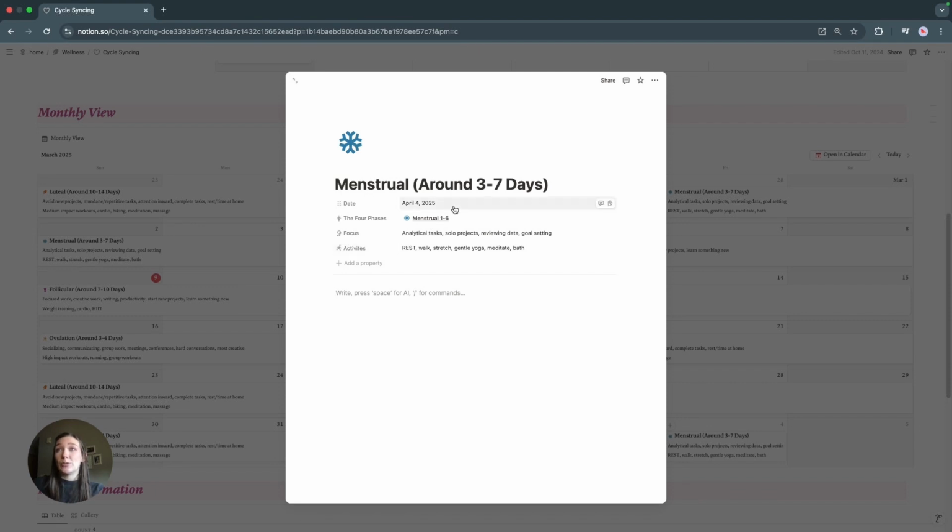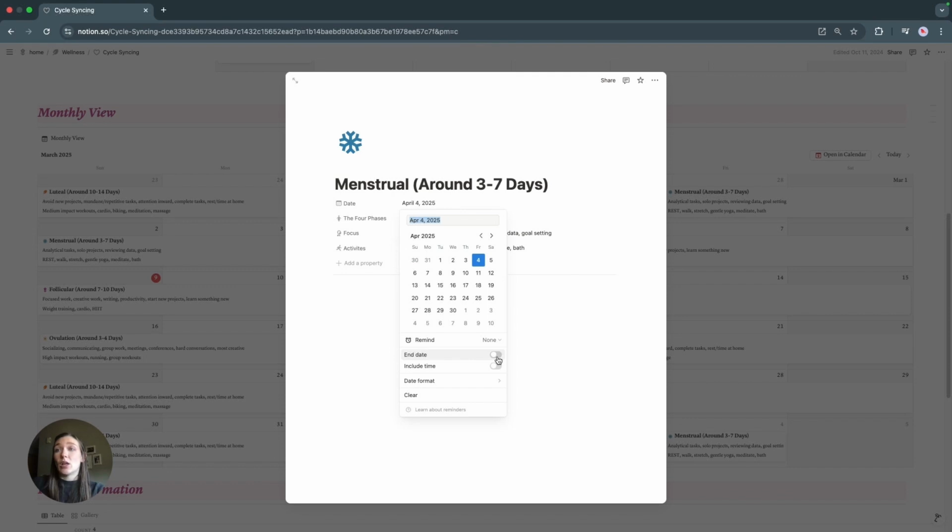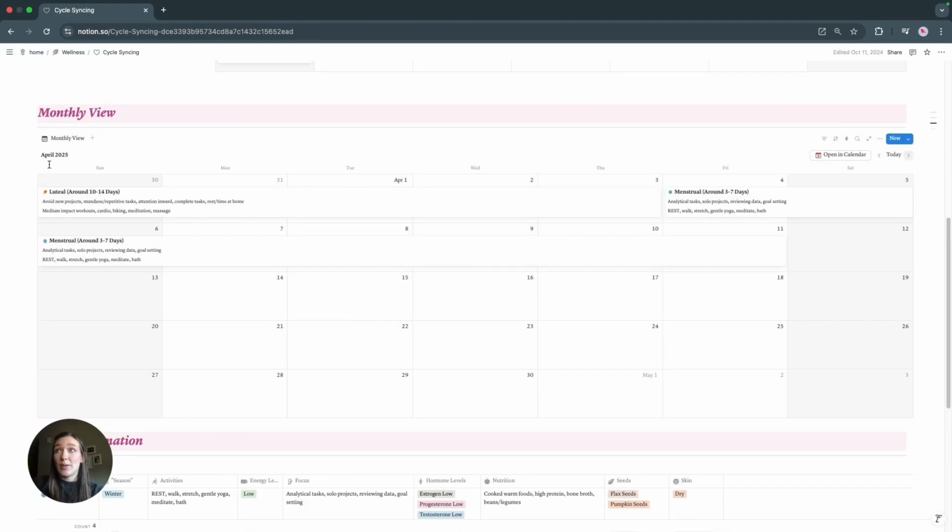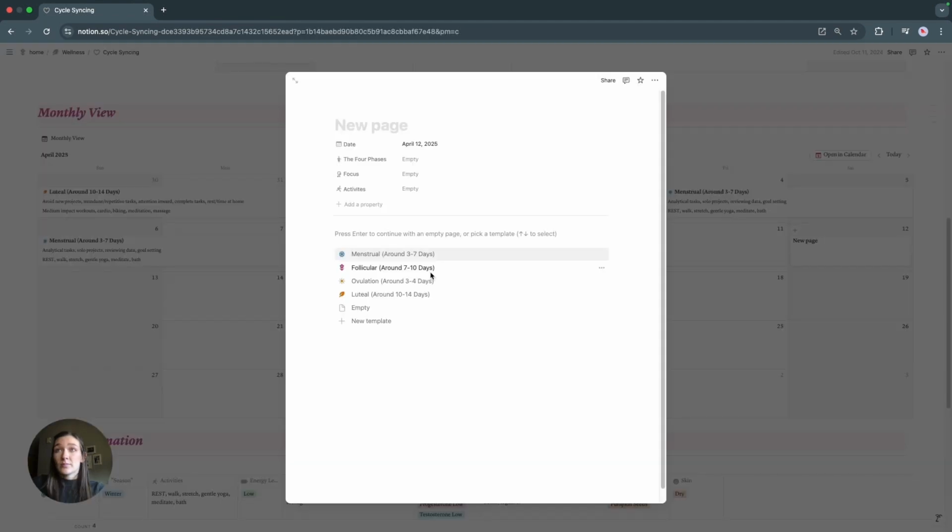So I just come up to the date and I click it, and I hit this end date toggle, and then your period should last around 3 to 7 days. So I will just click a week out, and that is the menstrual phase. So now you can see we're in the month of April, and it filled in that phase for all of those days. So then you just come in here and you click the next plus sign,